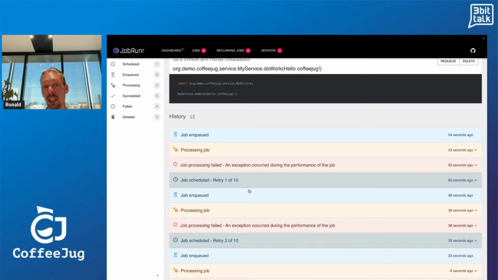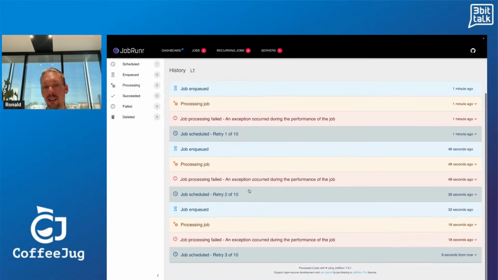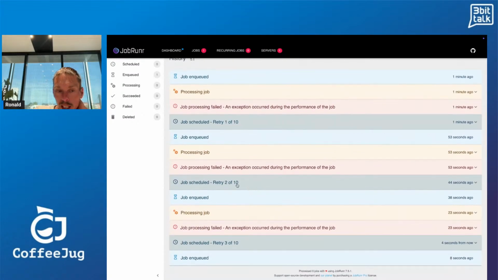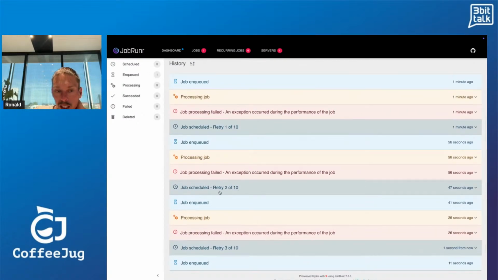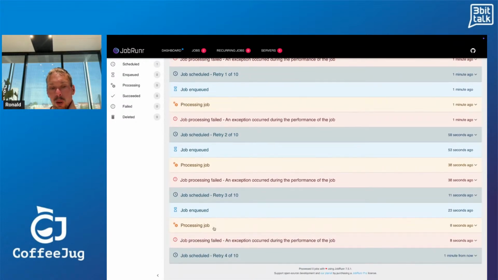So in the beginning, we really try a lot, quickly one after the other, but the longer it takes to fix the issue, the less intensively we try. And this screen is also auto-updating. Like before, it was just retry 2 failed, but now we already see here retry 3 of 10, the job got enqueued, and normally, I think any minute now, voilà, there, processing job, and it again failed, of course, because we keep on throwing that same exception.